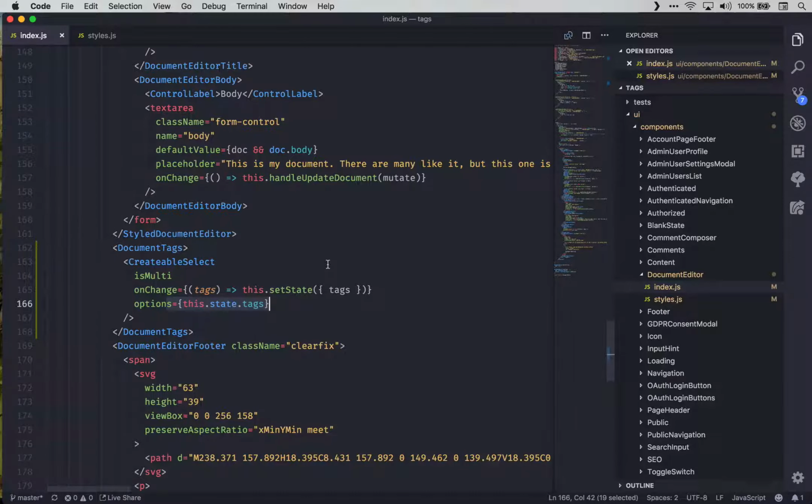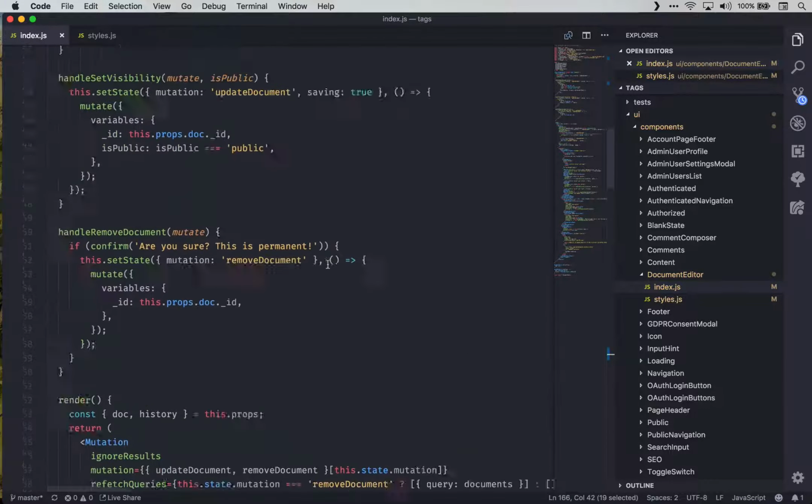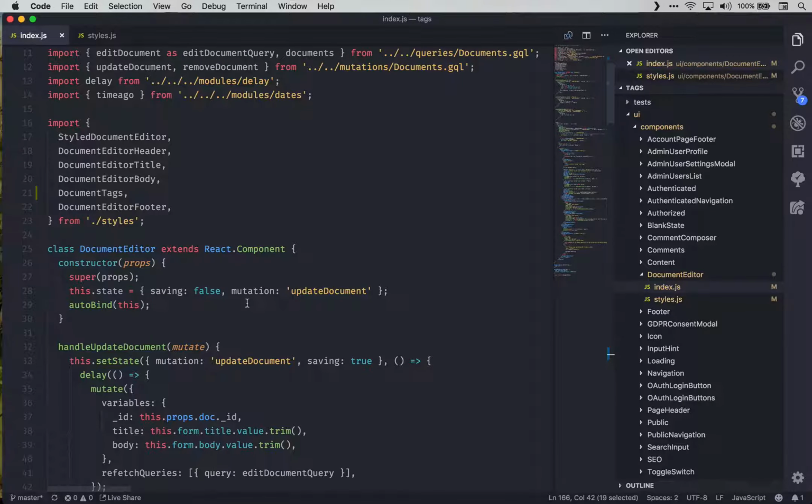But the reason that I'm a little hesitant here to believe that it's working is because we forgot a little step, which will come in handy in a little bit. In our this.state object, or default state object that we set when our component is created or constructed for the first time, we should add tags as an empty array. The whole reason for that is we're going to need to retrieve these tags in a little bit